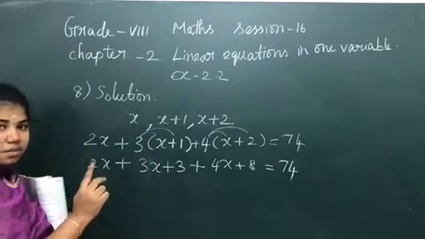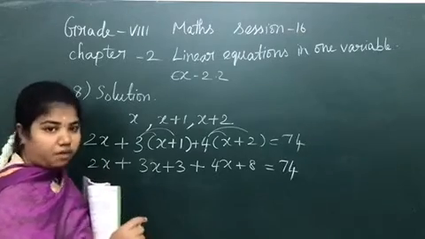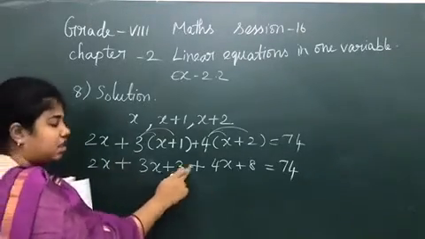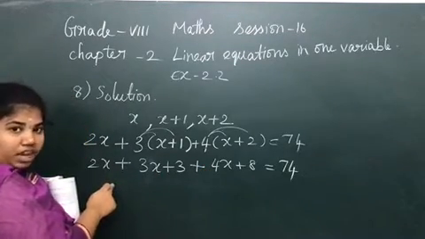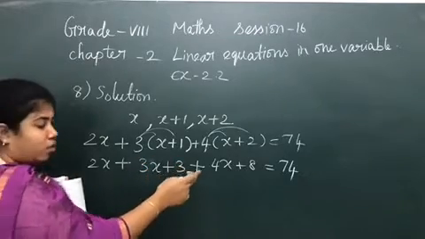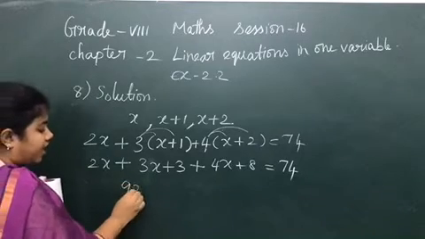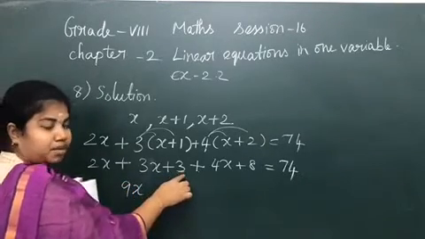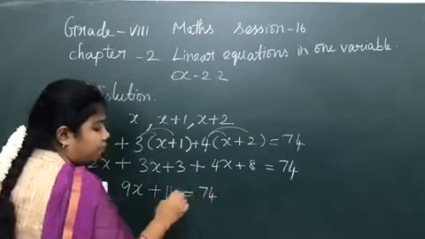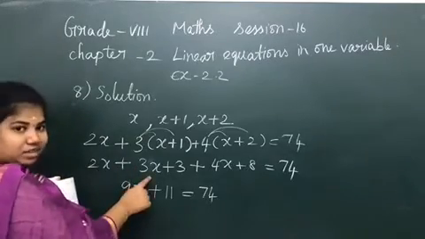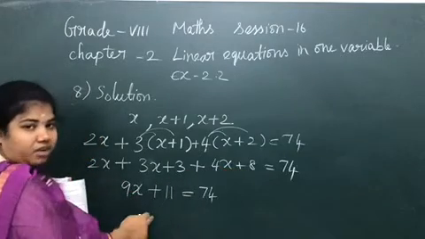Now take the x terms and add them. I already told you, if the variables are the same then you can add the coefficients. Here I have x, here I have x and here also I have x. So I have one variable x and three coefficients. Let me add all the coefficients: 4 plus 3 plus 2. What is 4 plus 3 plus 2? 9. So 9x. And here I have the numbers 3 and 8. What is 3 and 8? It is 11. So plus 11 equals 74. Here 2x plus 3x is 5x, 5x plus 4x is 9x, and the two numbers 8 plus 3 I have written as plus 11.